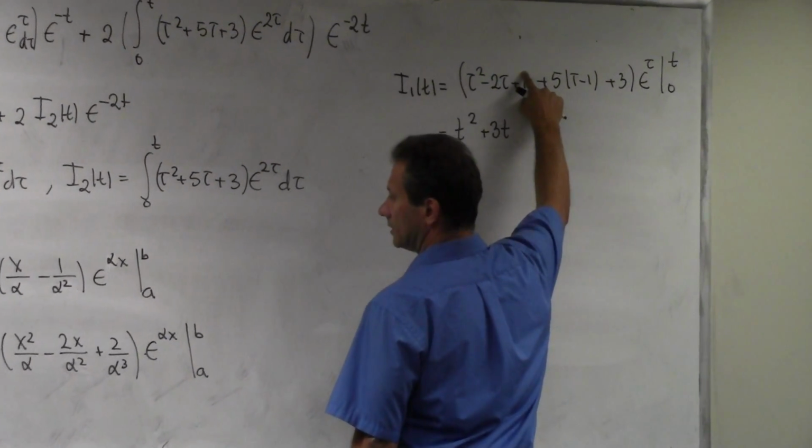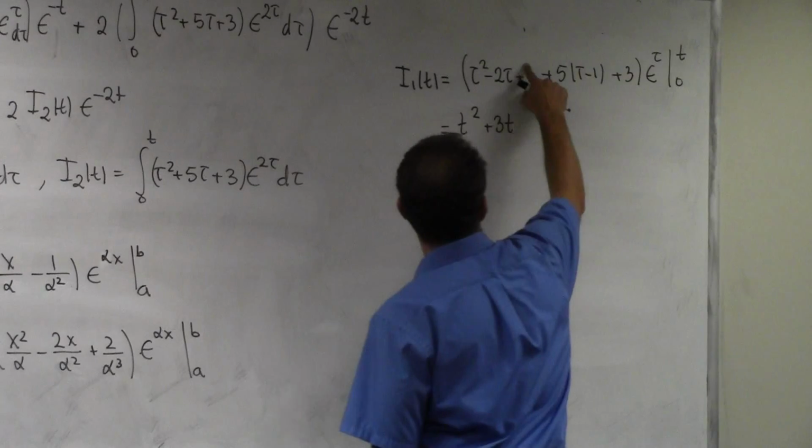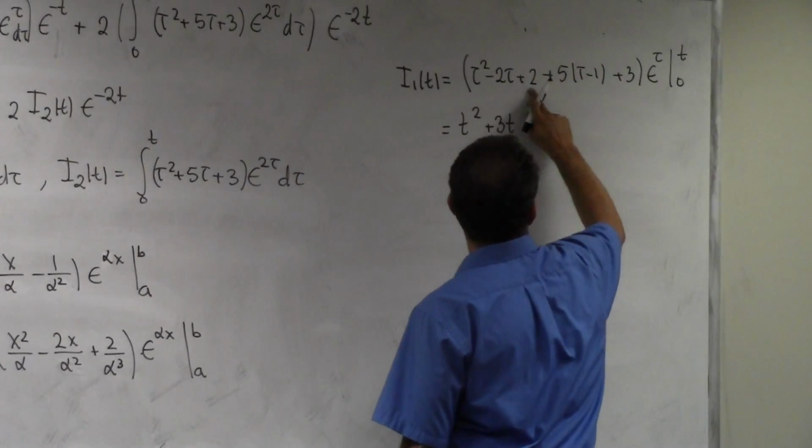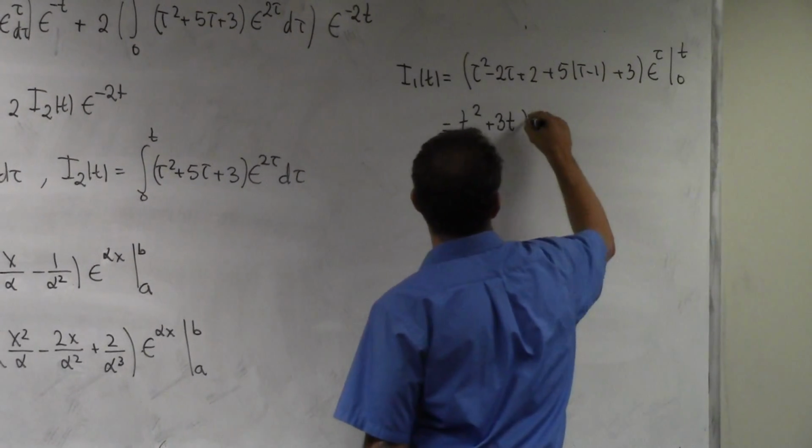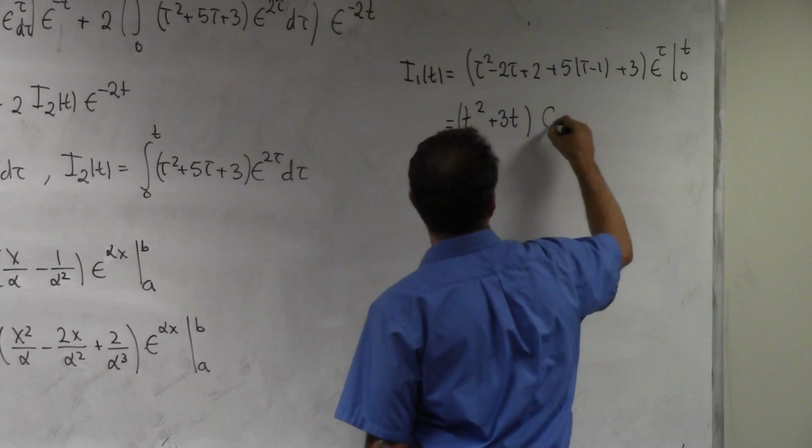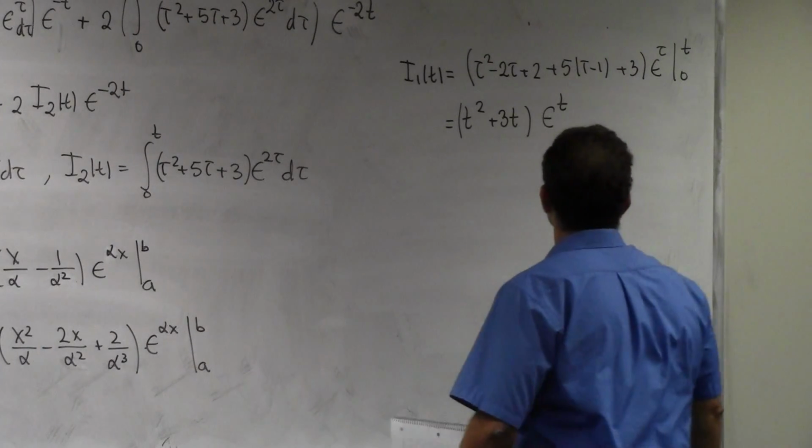No, this should be 2, right? Yeah, 2. All right. 2. Then 2 plus 3 minus 5 is equal to 0. So tau squared plus 3 e to the t. So that's the